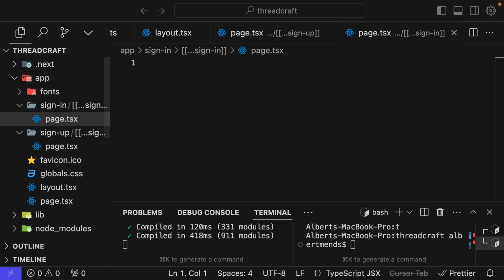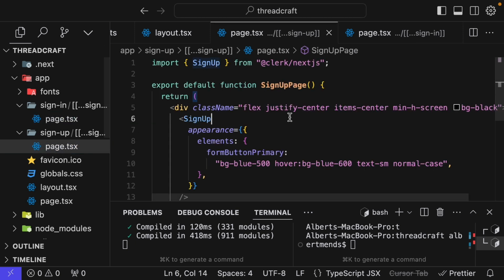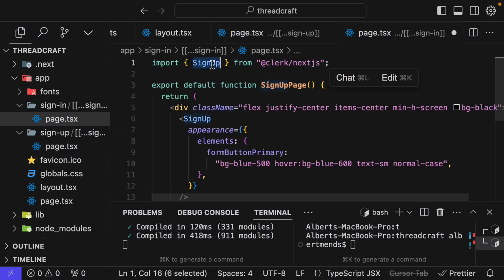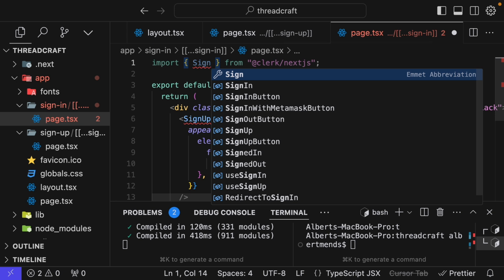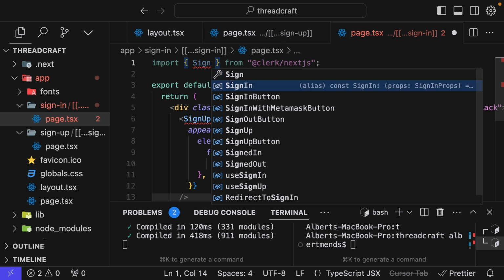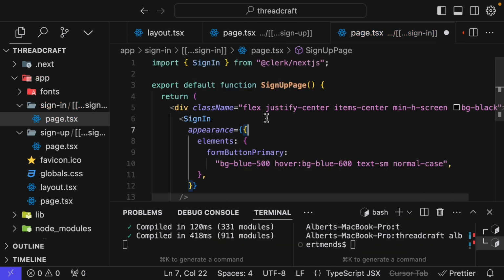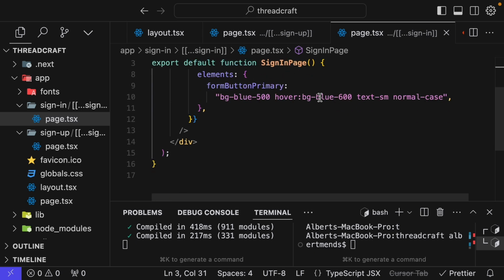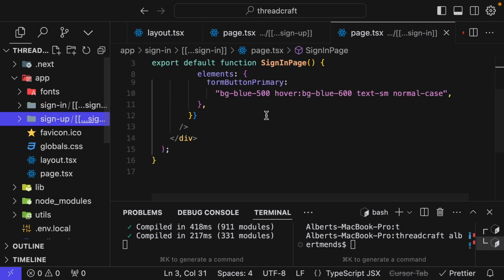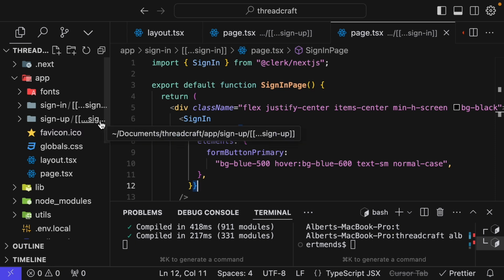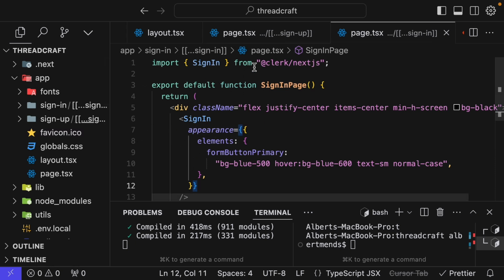Sign in. So basically, we are going to have the same code here. I'll copy everything in the sign up and paste it in the sign in and change the sign up to sign in, sorry. So we have sign in, and this is supposed to be the sign in page. I'll give this a save, and we are done creating the sign in and sign up for the project, right? So we need a button to navigate to this sign in or sign up route to spin up the modal for a user to sign in on Clerk